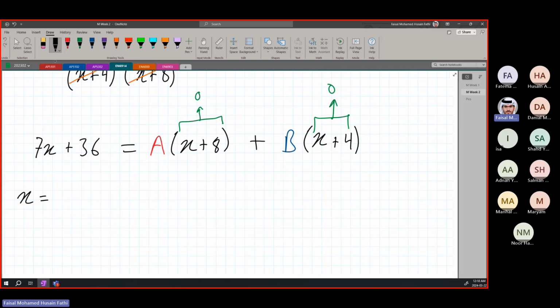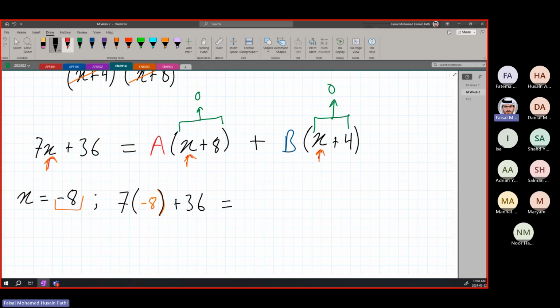So I'm going to write x is equal to minus 8. And now I'm going to substitute this value for x into all the x values here. So let's do that. So we're going to have 7 into minus 8. Okay, so I'm just going to be substituting in all the x's. 7 into minus 8 plus 36